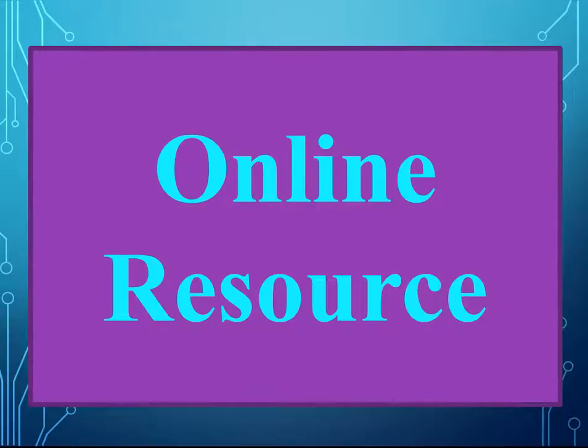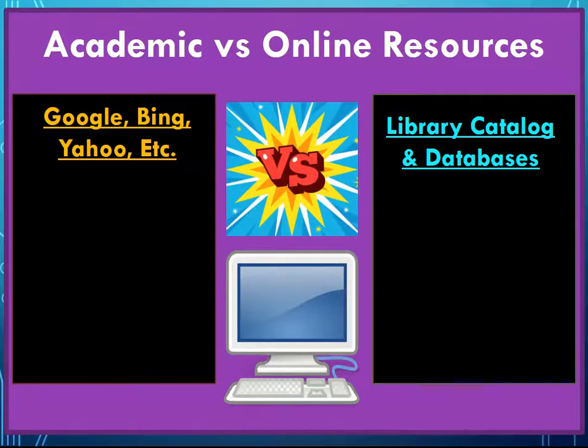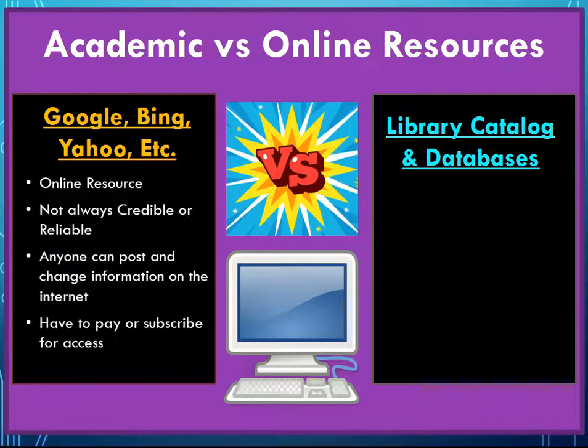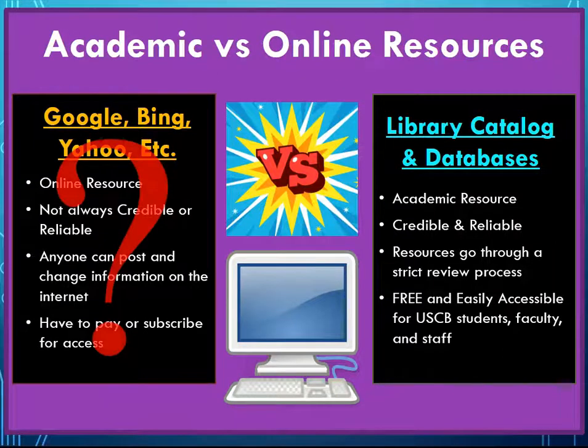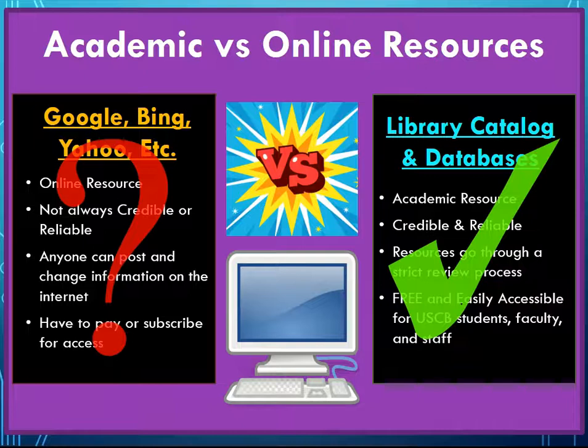If you have an assignment where you are not allowed to use online resources, this is not referring to the library catalog or databases. This is referring to searching through Google and using information found there. Searching online requires the extra hassle of determining if the website you are using is reliable and credible. USCB Library has eliminated this step for you by providing you resources through our catalog and databases. They are available online for ease of access, but they are not considered online resources. All resources provided by USCB Library are reliable and credible academic resources.